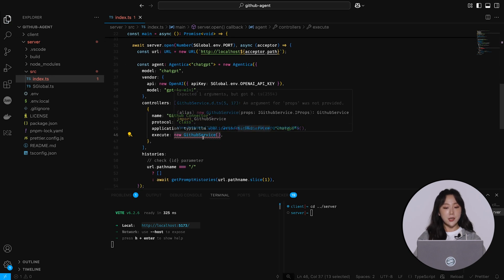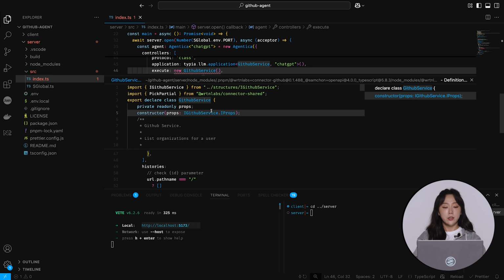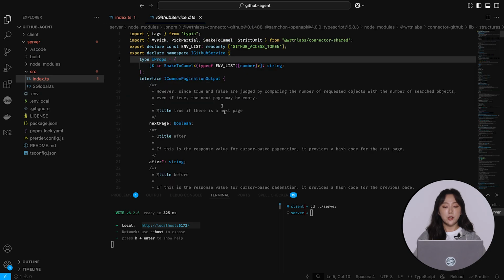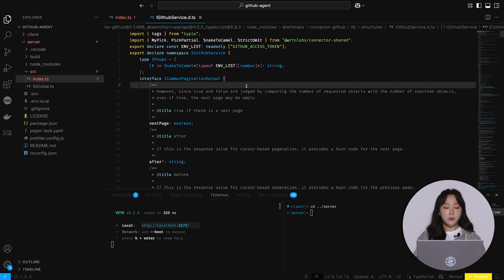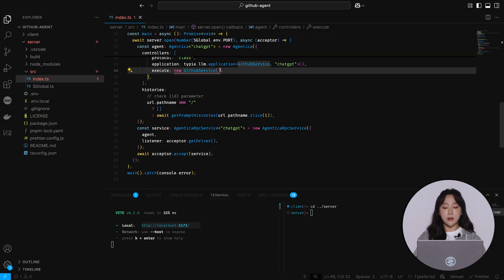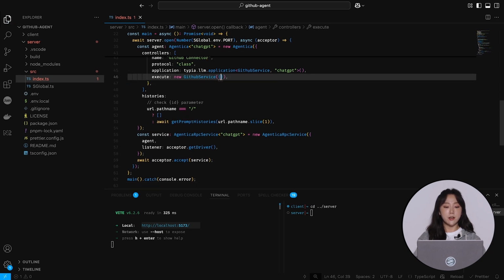But as you can see, we're getting an error right now. If you check the interface for GitHubService, you'll notice that it expects some props when you create a new instance. Specifically, it requires a GitHub access token. Now we understand why we are getting this error, so let's go back to the index.ts file and fix it.